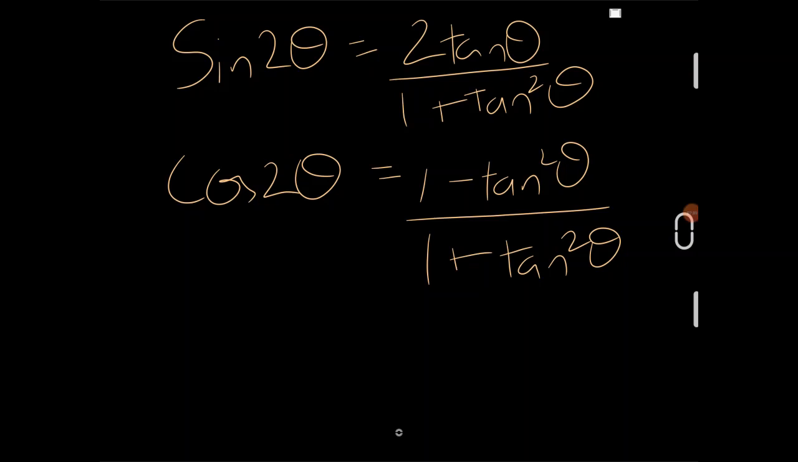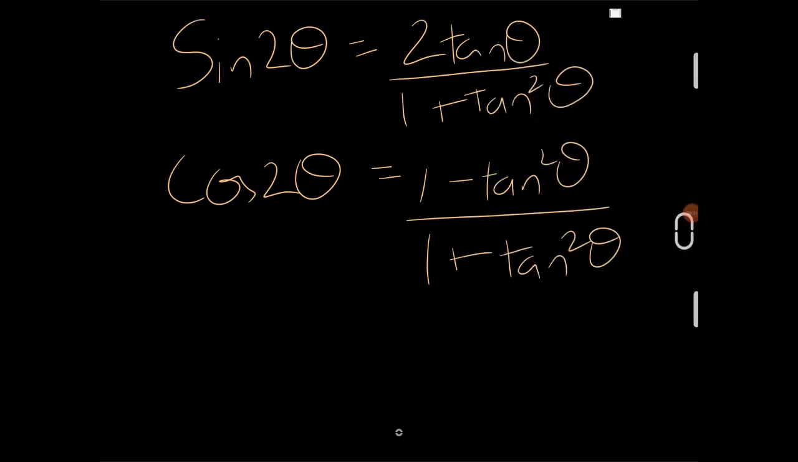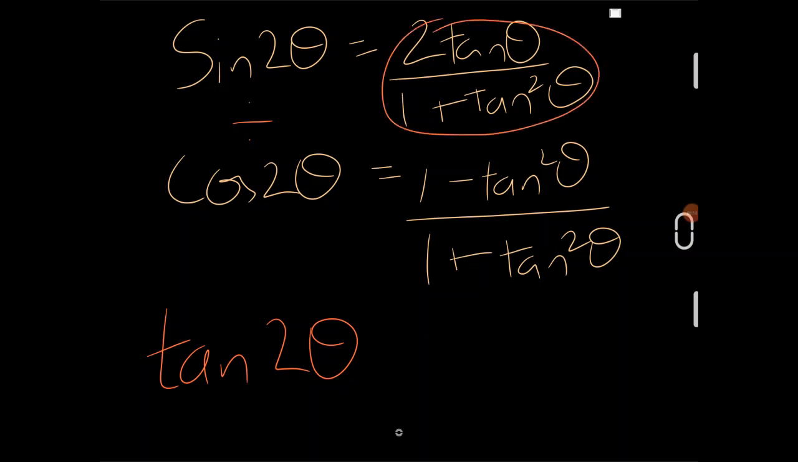Now, if I know sine 2 theta and if I know cos 2 theta, what can I find? Actually, I can find everything else. That is the truth. But when I have sine and cos, the first thing that comes to our mind is tan, because sine divided by cos is tan. So, because of these two formulas, I am actually able to find tan now. That is, tan of 2 theta is sine 2 theta divided by cos 2 theta. So this divided by this,